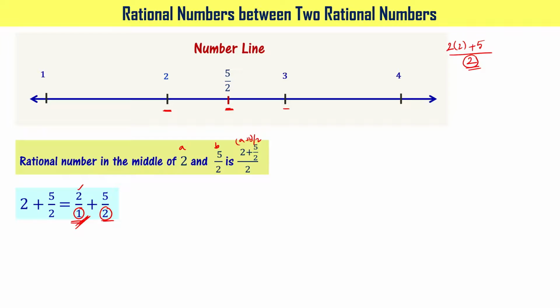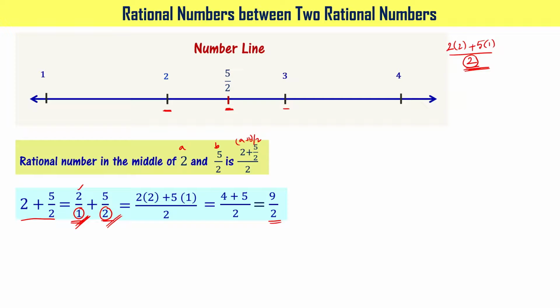Now divide this particular 2 by this 2. So 2 divides 2 once. That's why I'm writing 5 times 1, right? 2 times 2 plus 5 times 1, divided by 2. Let's write that. 2 times 2 is 4, plus 5 times 1 is 5, divided by 2. So that is (4 + 5)/2, that is 9/2, right? So what you got is 2 + 5/2 equal to 9/2.